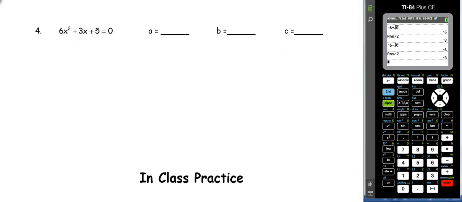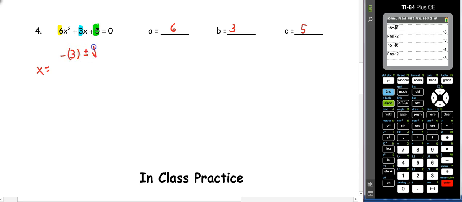So number 4, our a value is what's in front of the x squared, so 6. Our b value is what's in front of the x, which is 3. And our c value is the number that's by itself, which in this case is 5. So when I go to substitute, I have x equals negative b, so negative 3 plus or minus the square root of b squared, 3 squared, minus 4ac, so 4 times 6 times 5,